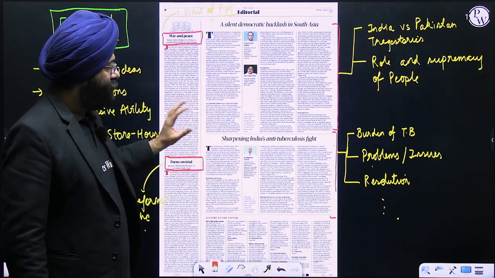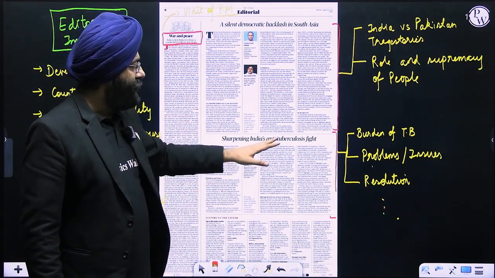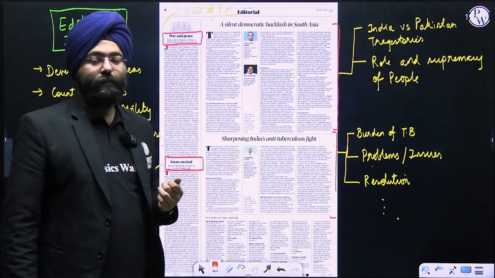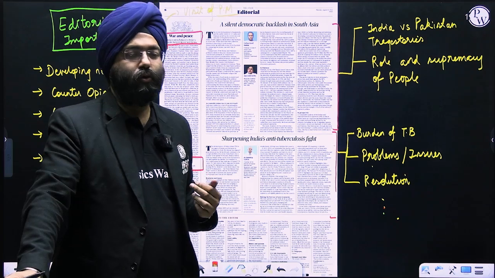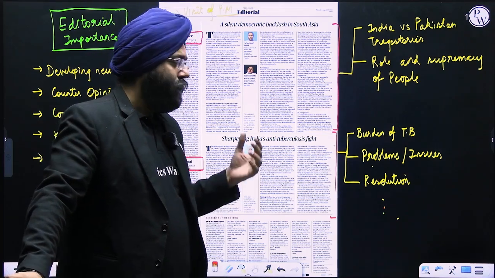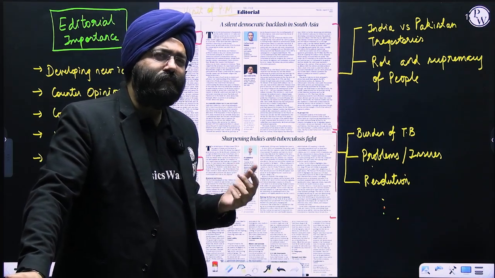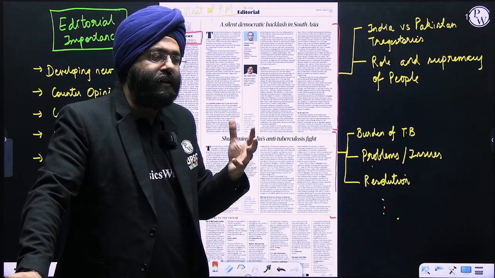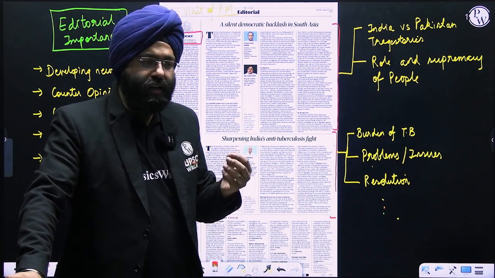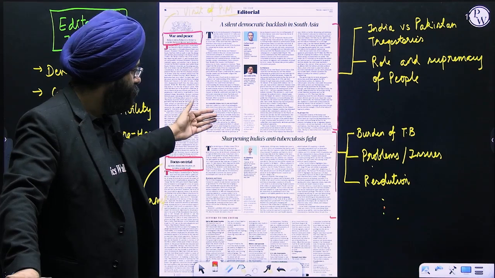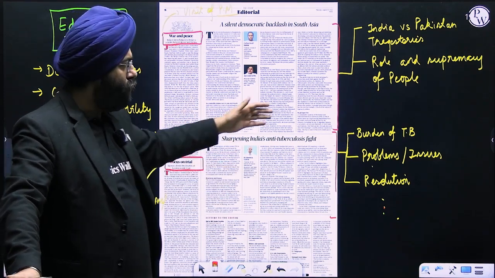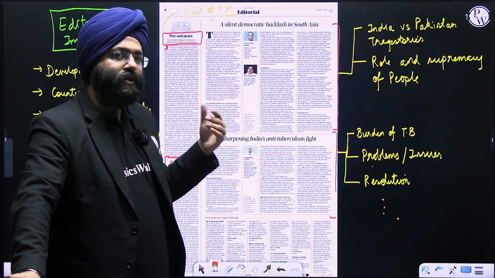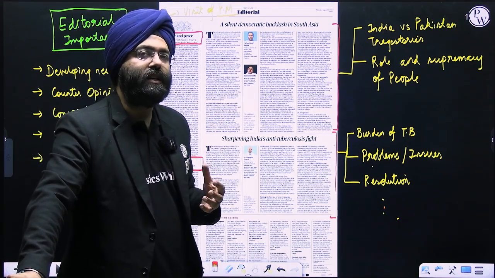Similarly, you will be seeing the anti-tuberculosis fight by Dr. Randeep Guleria, who is well known as the person heading the National COVID Task Force. Now, you will be wondering, is it important to read it? Please understand, it might not be directly important, they might not ask you directly, but what do you realize by briefly skimming through these articles? You know what is the burden of TB, the problems, and what can be resolved. When you read these articles, you have an expert opinion.